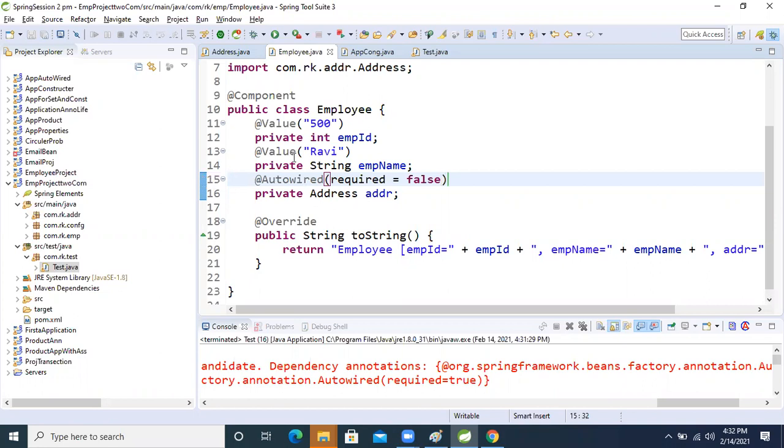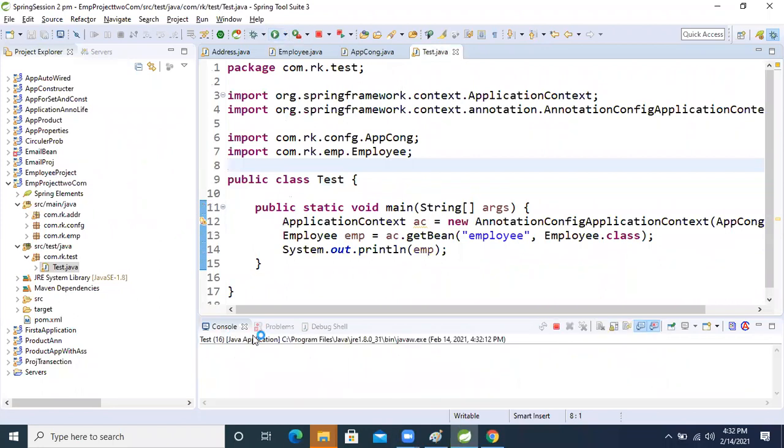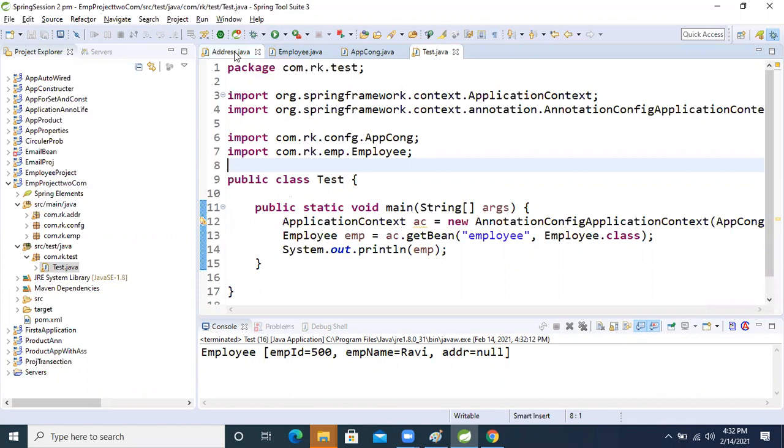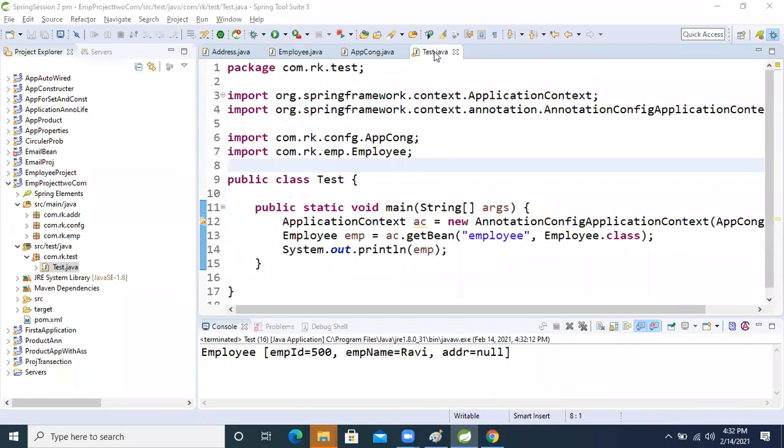Now we will get 500 Ravi and here null. If you want everything to work properly, just uncomment @Component, come here and see the result. Mysore, Hyderabad. We are getting it or not?